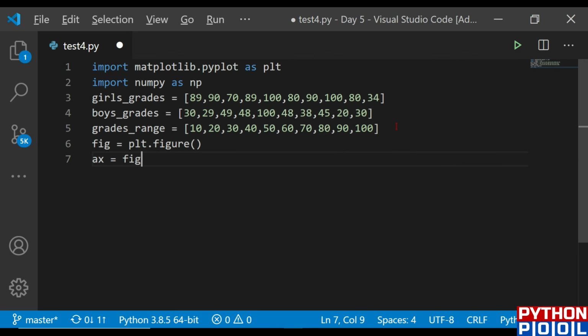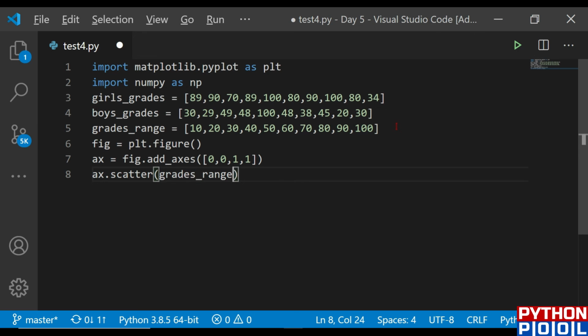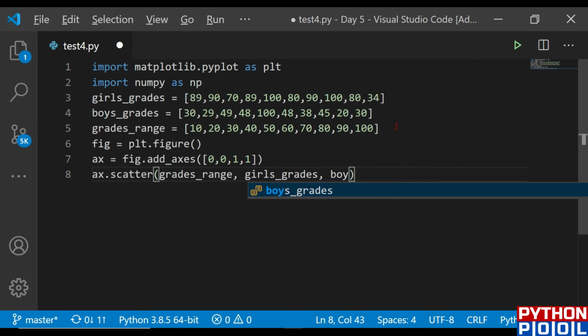So let me call the add axis function. Okay, let me pass the default values, and after that I'm just going to call the scatter function for the scatter plot. And let me give the grades range first, and then I'm going to give the girls' grade and boys' grade as the data sets.